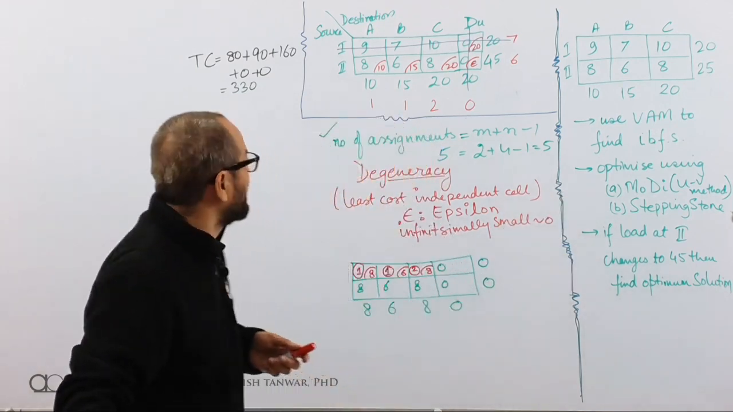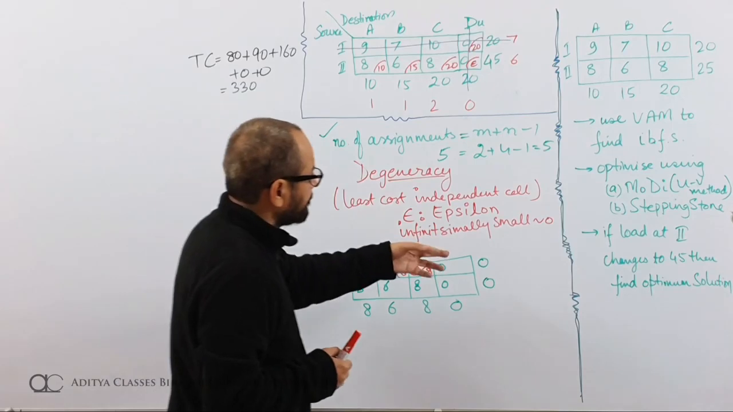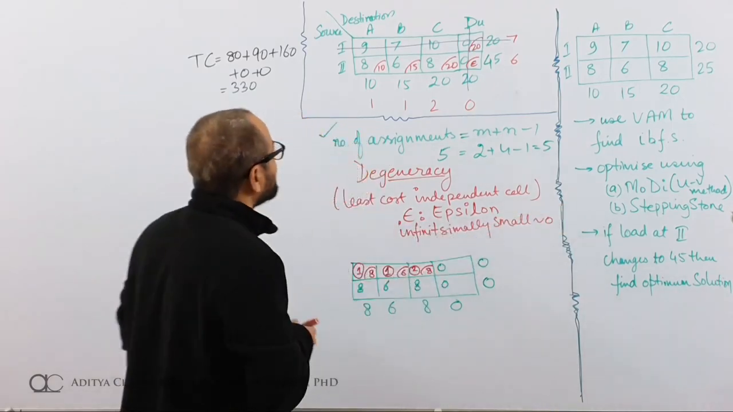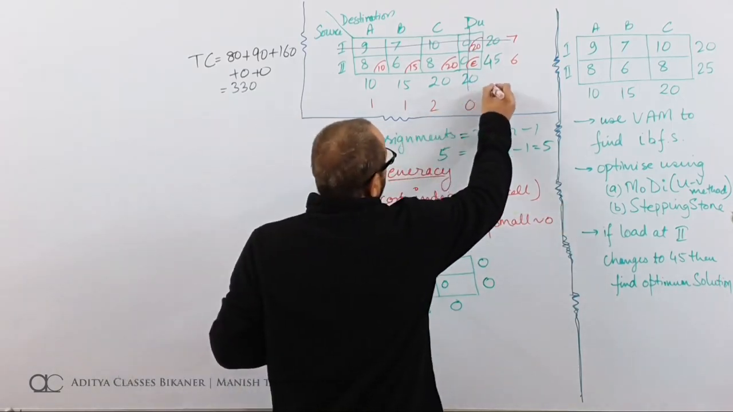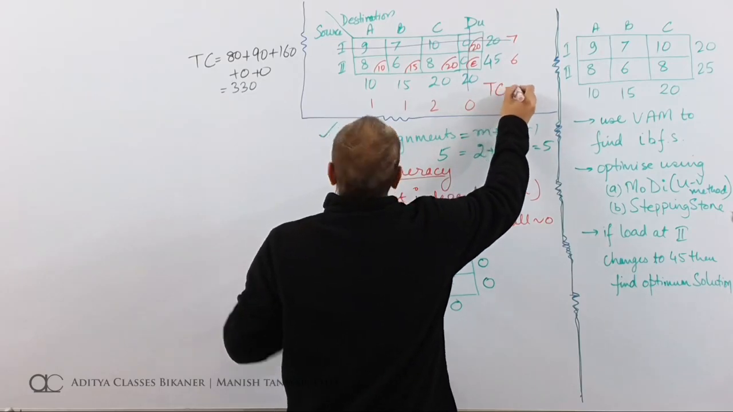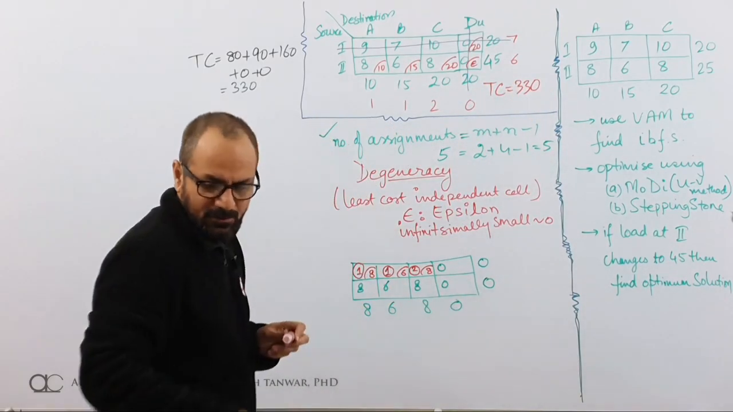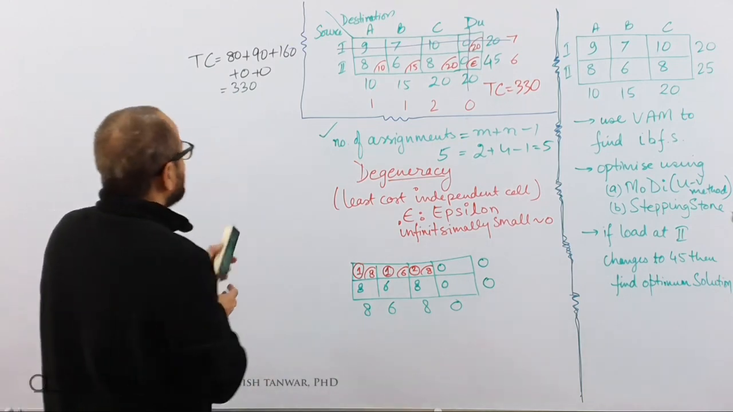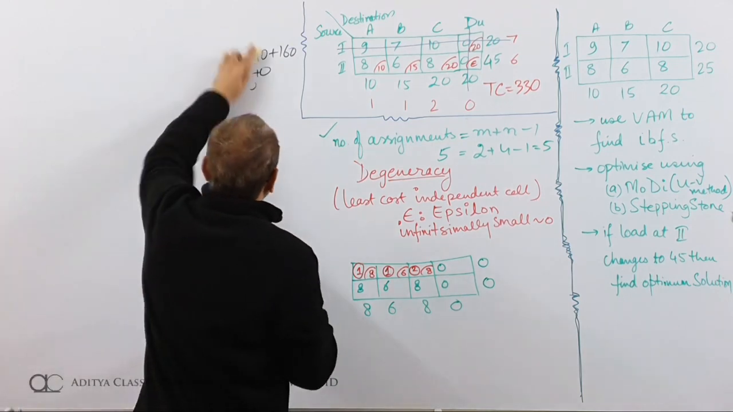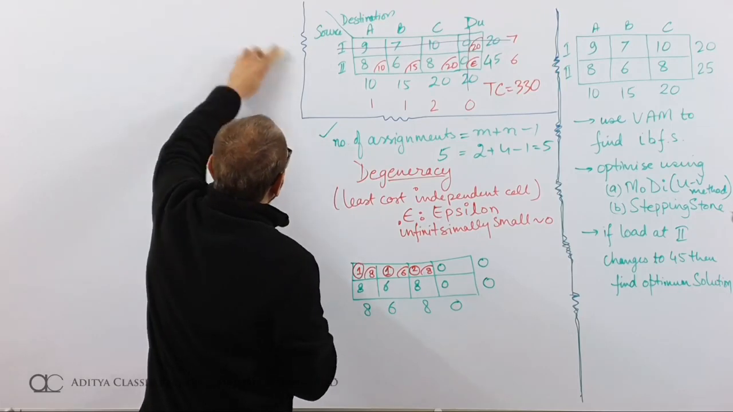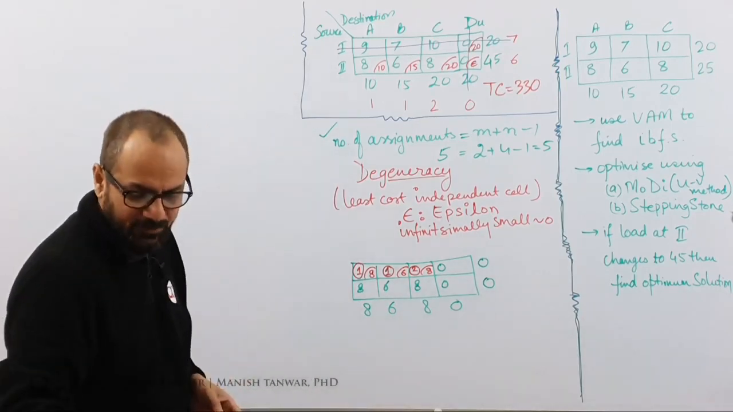Now let us have a very quick look at stepping stone. Let me put total cost over here. Total cost is 330. Total cost in this case it becomes total distance. It is not total cost, rather it is total distance. For stepping stone, what we do is